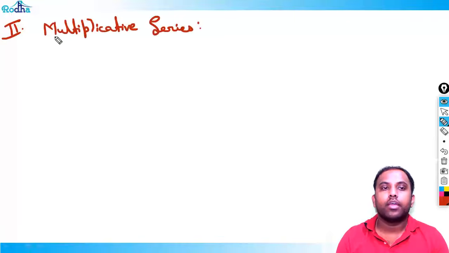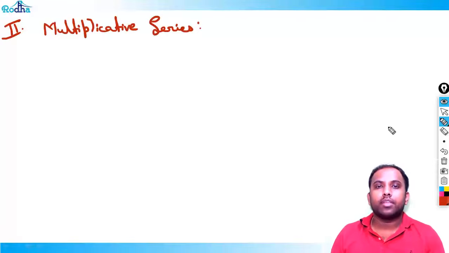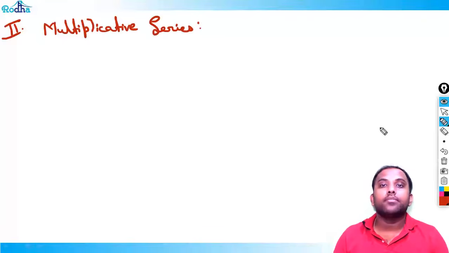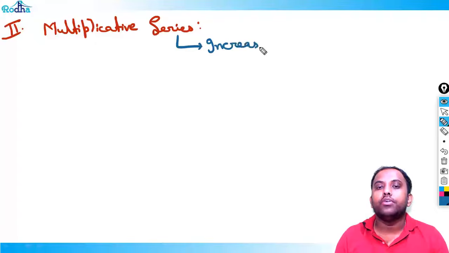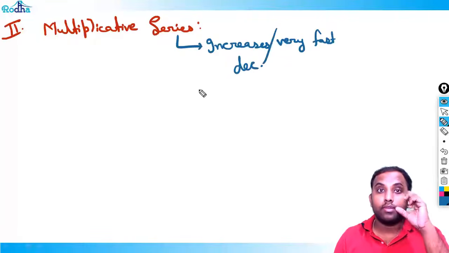multiplicative series. Multiplicative series means that something is getting multiplied, right? And normally this multiplicative series increases, or decreases, I should say, very fast, because something is getting multiplied. For example,